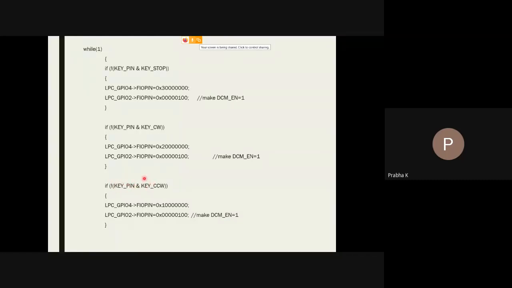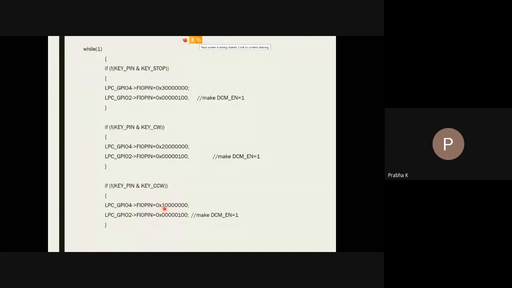If both occur simultaneously, if I press the key and that value is read, then only I can make the motor rotate in counterclockwise direction. The signal level value is 0 here because of this exclamation mark. We want to make it an input pin. Now, when I press this key, what is the data I need to send on port 4?